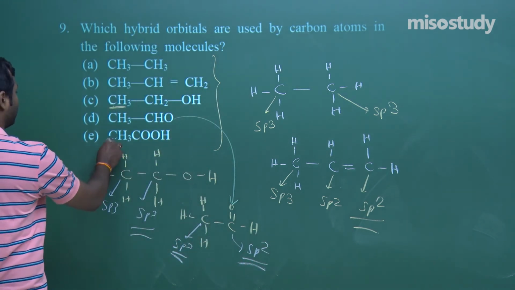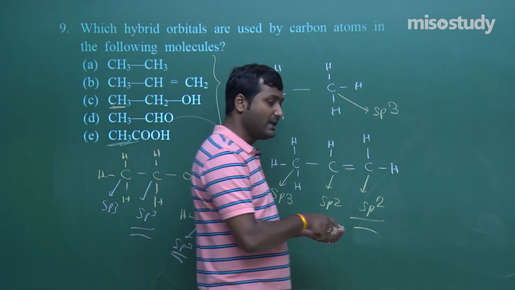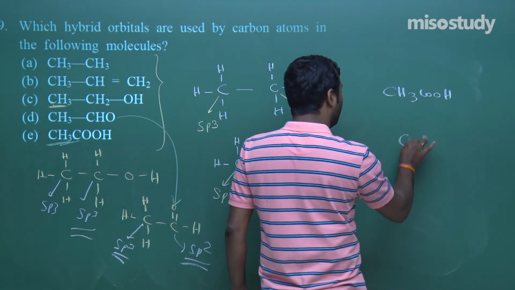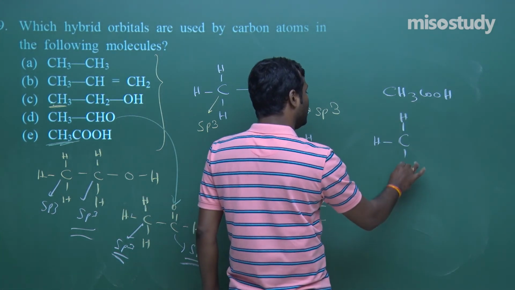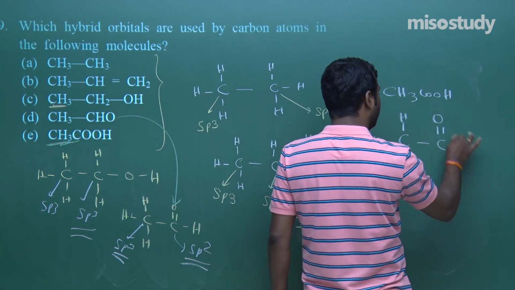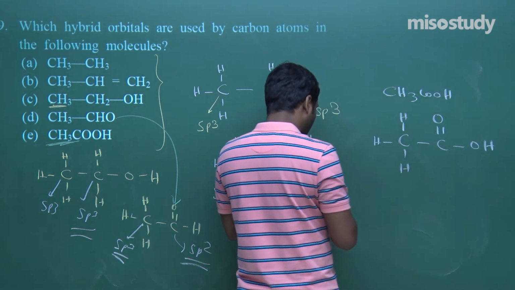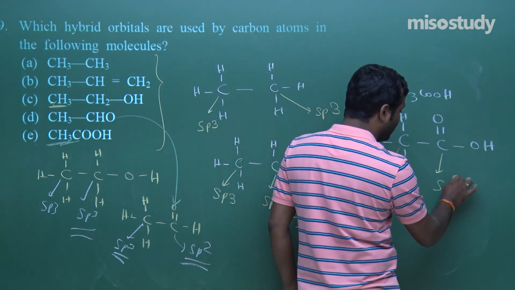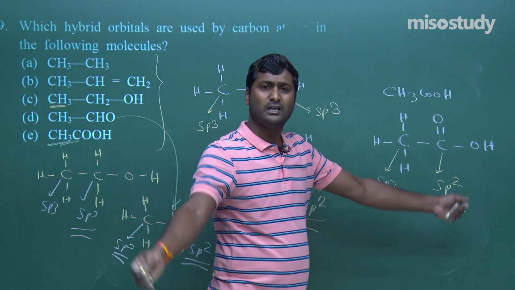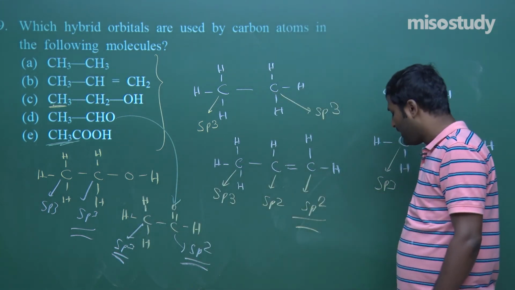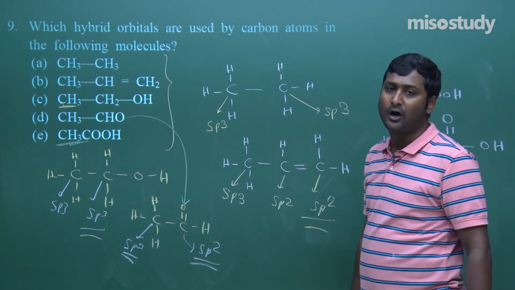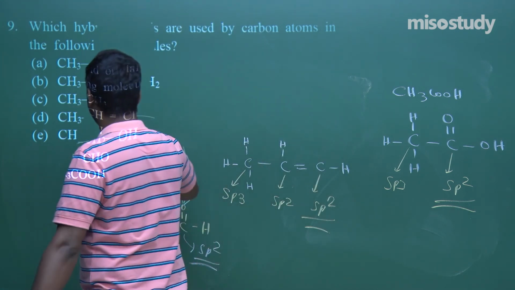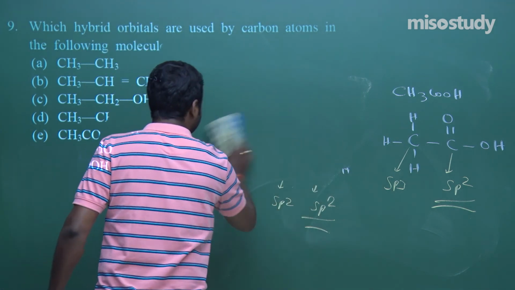Similarly, if I put here CH3COOH, I am moving here, CH3COOH, count, that is 1, 2, 3, that is double bond O and H. How many sigma bonds? 4, sp3. How many sigma bonds? 3. Hybridization is sp2. So it's very simple. In case of organic compounds, you have to pick the number of sigma bonds and it will help you a lot. Now I'm going to rub this part and we'll discuss the next segment.